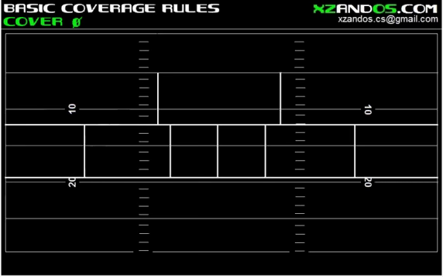It's Carter with X's and O's, and in this video I'm going to be discussing basic coverage rules for a cover zero. Let's first start out by drawing a simple offensive formation, and I'm going to choose the same formation that I chose in a previous video that I did, which was basic cover rules for the cover four. And basically it was some form of double offensive formation,